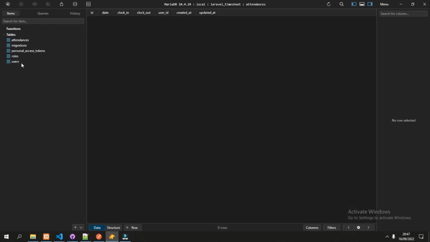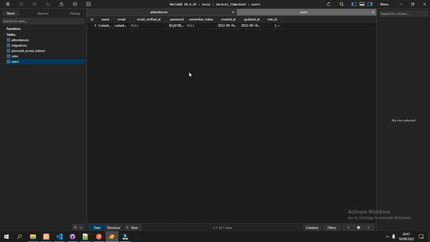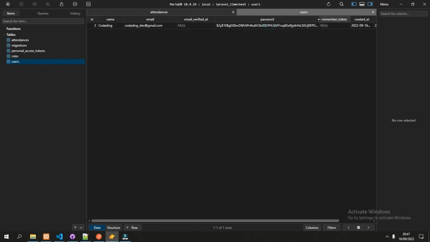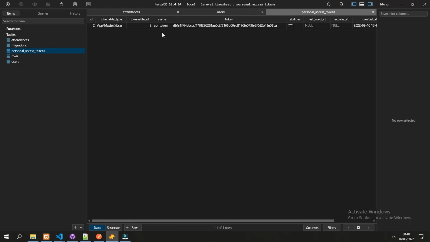In here you can see the users table already has the name, email, and the hash password with the role ID of 2, which is employee. And in the personal access token, we already have one API token so that the user can log in with this token.